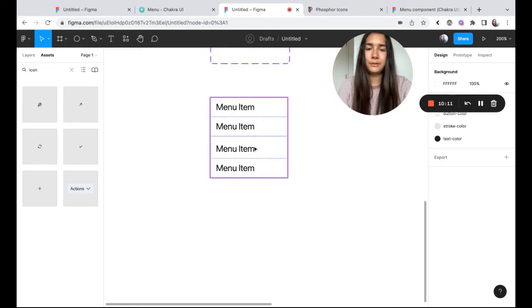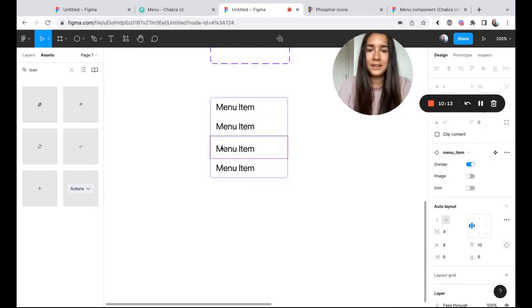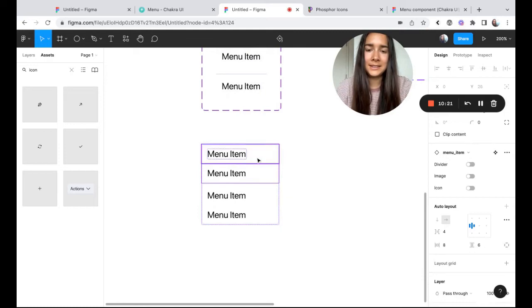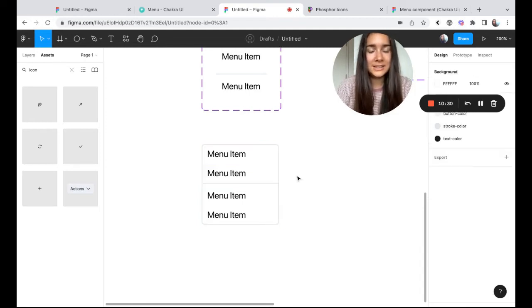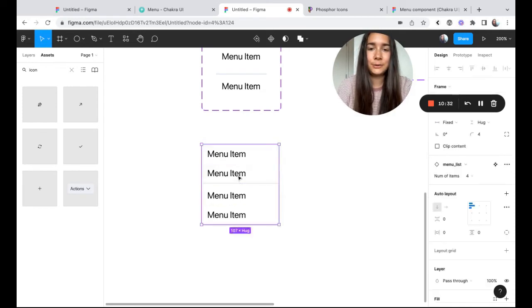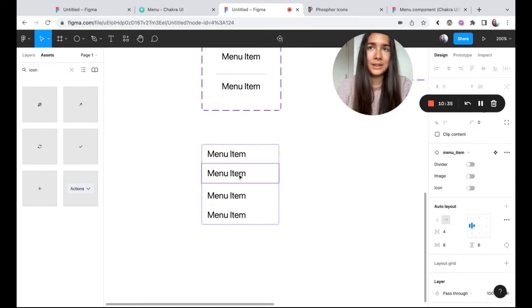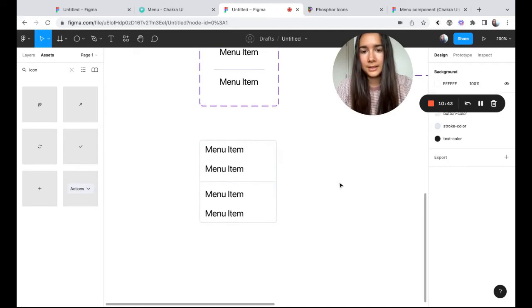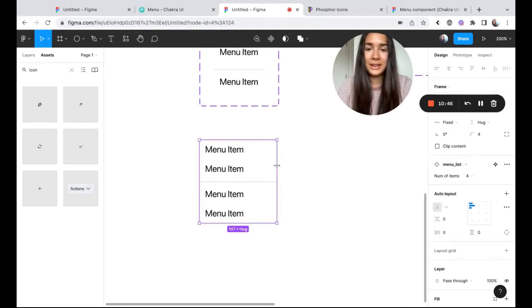As you can see, that definitely fixes the problem for the menu item that has the divider, but it still feels pretty tight for the menu item that sits at the top. So this is one of the pitfalls of this method: for each instance of list item where you are using a divider, you also want to adjust the spacing. It's fine if you remember to do that, but it's definitely not an ideal way.